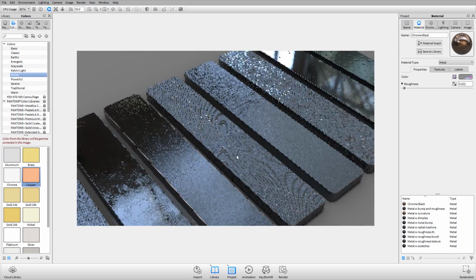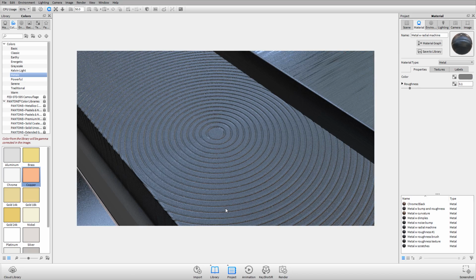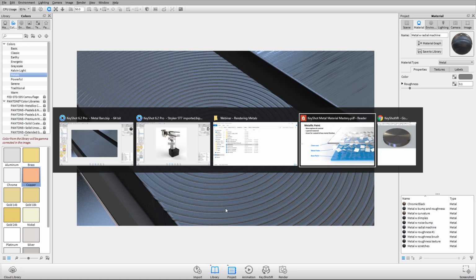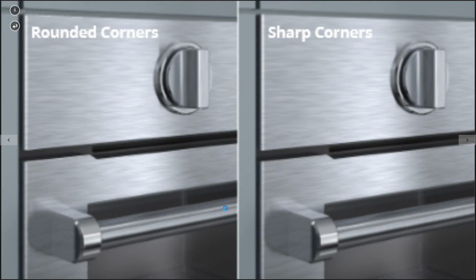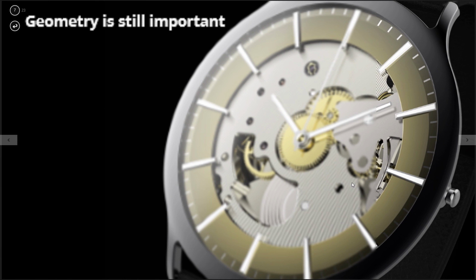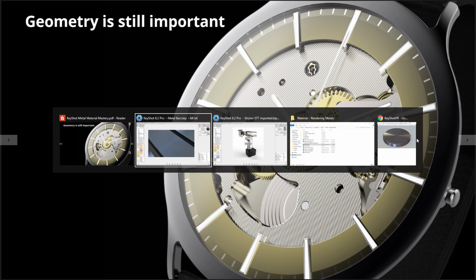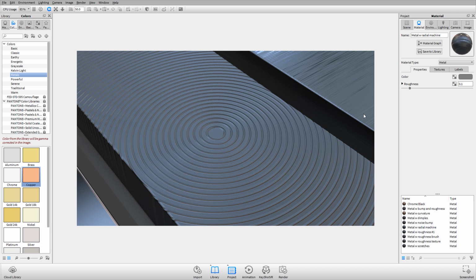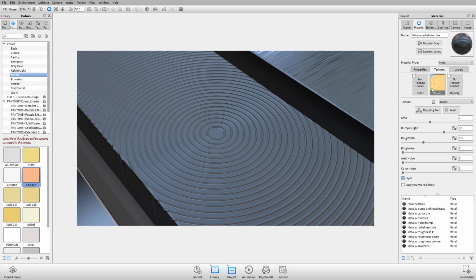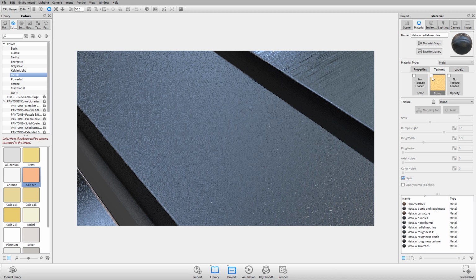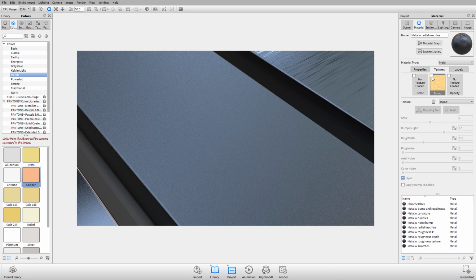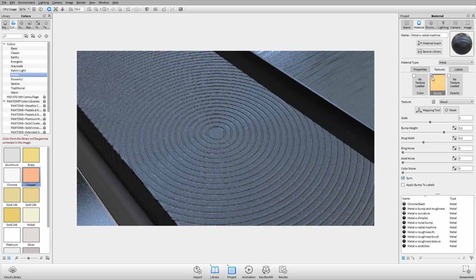I'll double click on this material here, because this is one that we get the request for. How do you get a machined finish and kind of a final rendering? I flashed it for just a second up here, but on this plate on this watch, it's got these nice grooves that were machined in. I know that one was made using the wood texture as a bump. So we just have a metal material with a little bit of roughness,